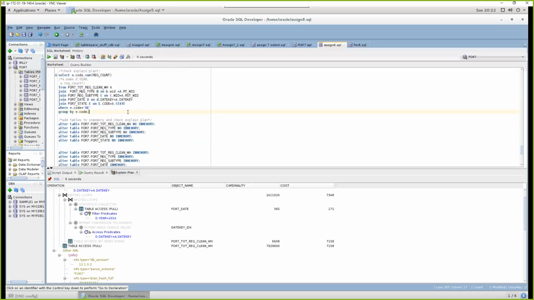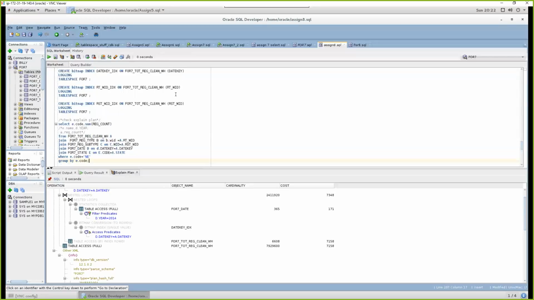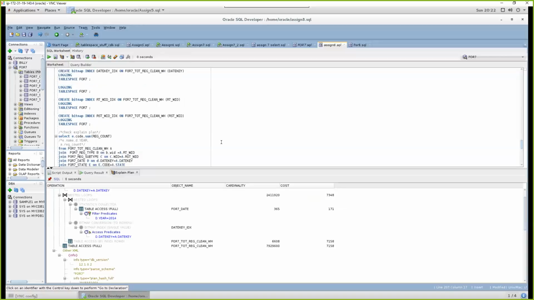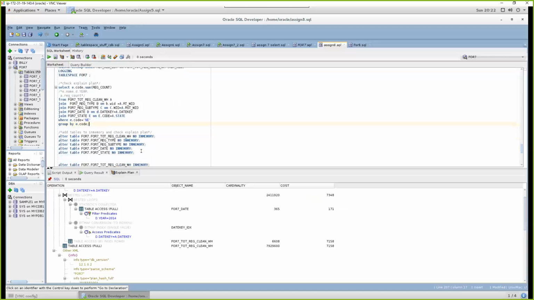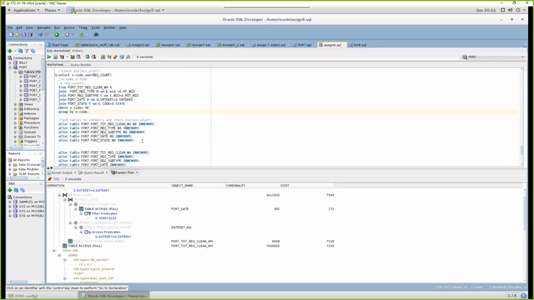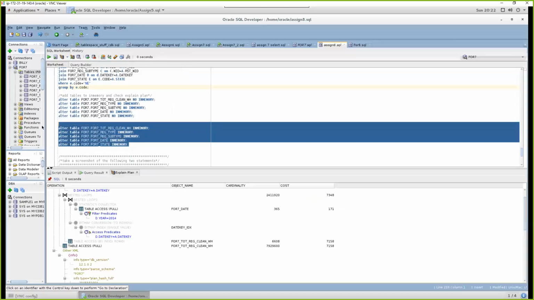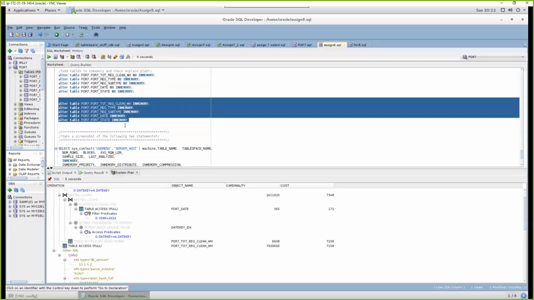As you go through and add indexes, you'll see that the cost shown by the explain plan goes down a fair bit, and you can make your statements quite a bit more efficient. But none of that will compare in any way with placing the tables into memory with this in-memory statement, because this is really